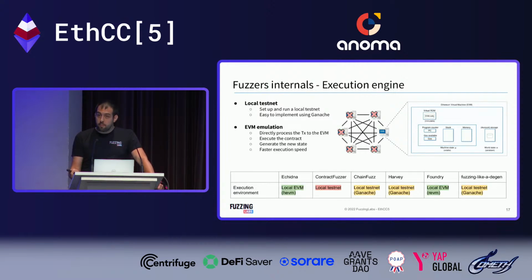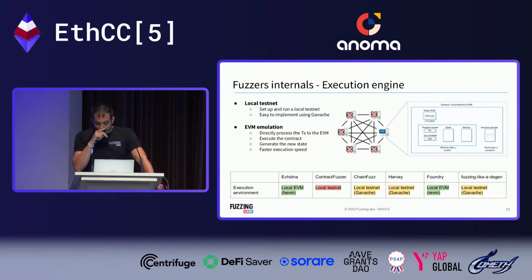What is way more efficient and way more interesting is to provide the transaction directly inside the EVM. So you will only execute the EVM alone, and the main purpose for us is to get way more execution speed, because you provide the argument and it is executed. You keep the state and go on. So you provide the transaction directly to the EVM, you execute the contract, you get the new state,